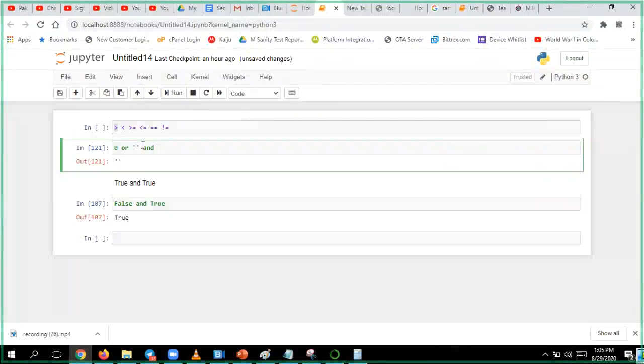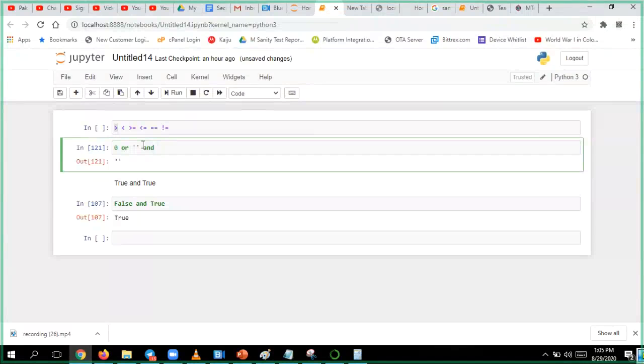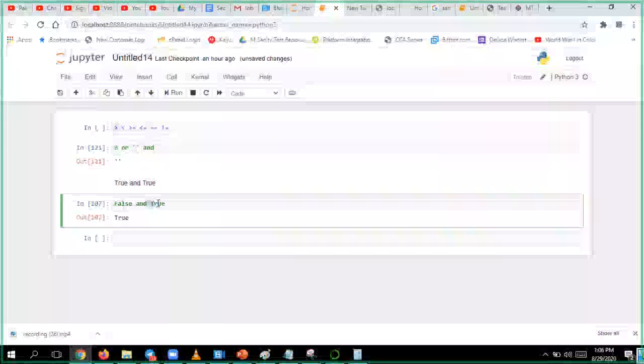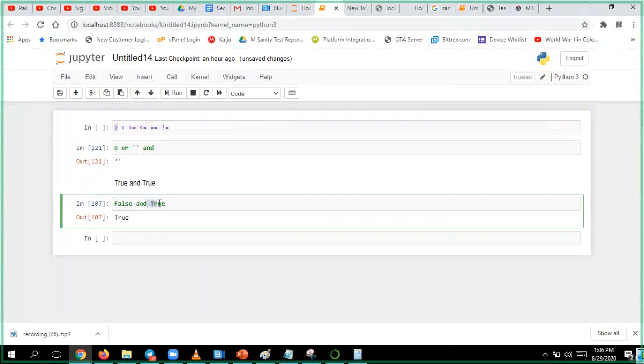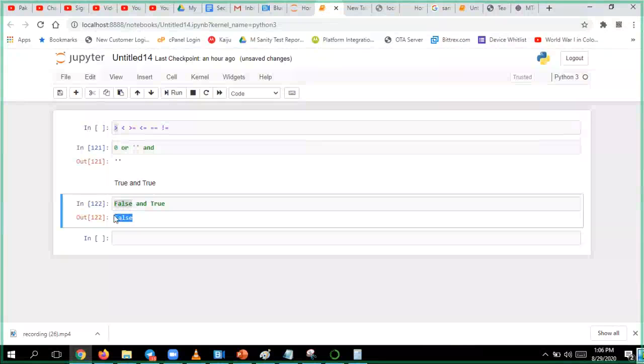Or, okay, complement is just like complementing. If x and y are there, remember this, carefully listen. If x is evaluated to false, it returns x. See this? It returns x.